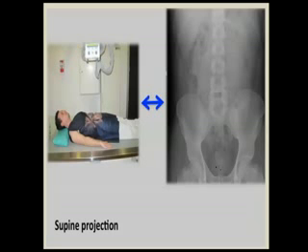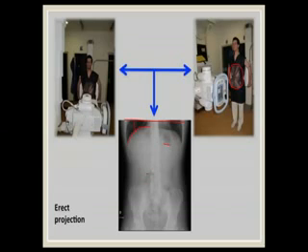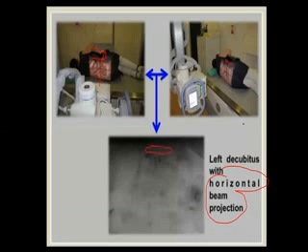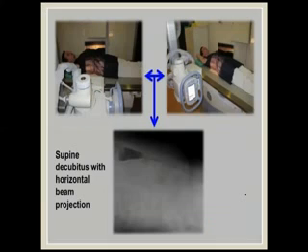Okay, here you can see it's like frontal projection. This is from the front it is going. Tube is not tilted and the cassette is also straight, but here it is horizontal, going across the table. So it's horizontal projection. Left lateral decubitus, either right or left, depends on what can be done. So lateral decubitus with horizontal beam projection can be done when we want to see pneumoperitoneum and the patient is not able to stand.